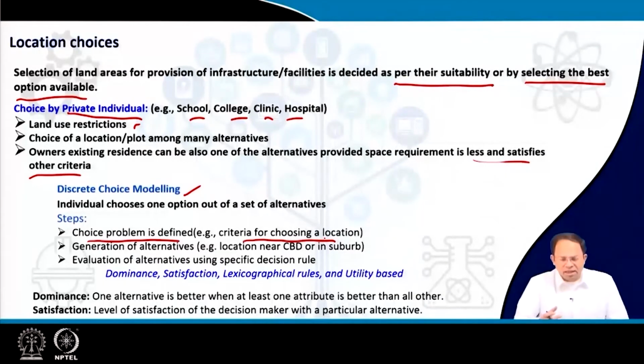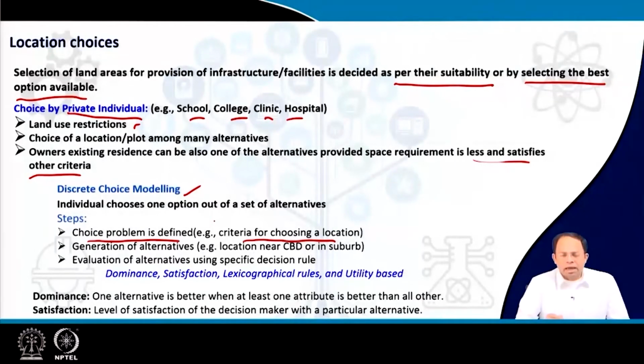So all these criteria, some based on the characteristics of that particular facility and some based on my own characteristics or that decision maker's characteristics, is considered. So that's the definition of the choice problem. The second option is